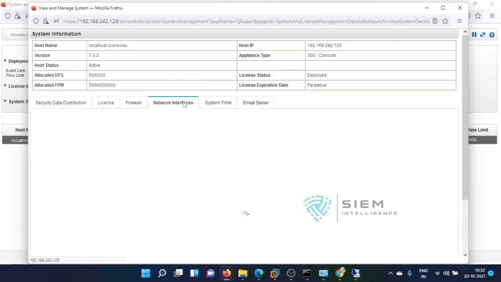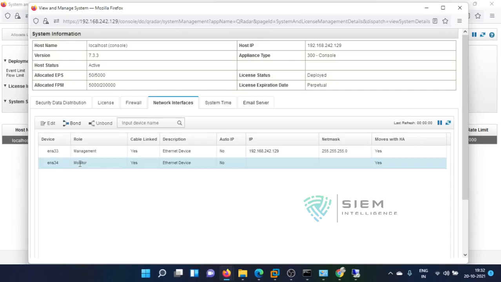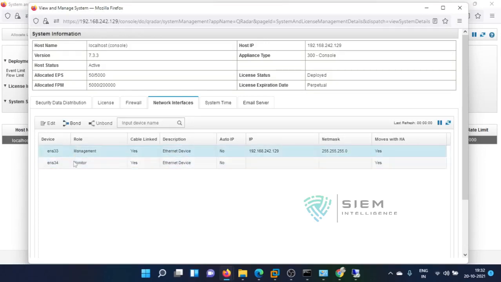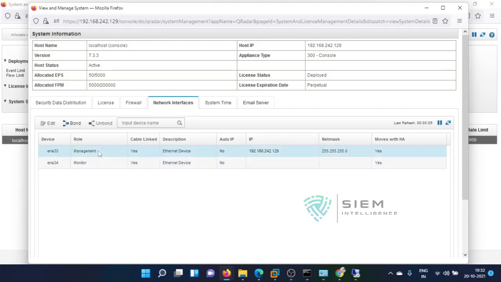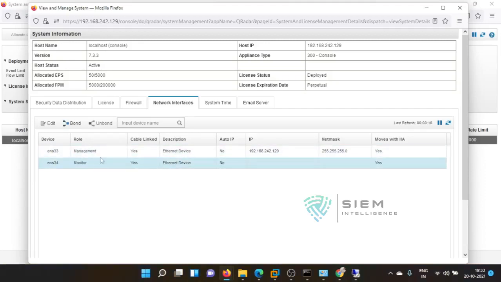And there is something called network interface. If you have multiple networks over here, see, you can do a bonding between two. If you have multiple networks and you wanna make it something like one is main and one is standby, you can do the bonding by selecting these two.